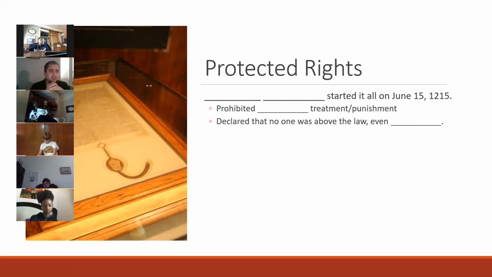The first document to limit the power of the king was this document that you see in front of you, called the Magna Carta. A couple years ago, the Magna Carta, which is in a church in England, was on loan to the Houston Museum of Natural Science. And so I went to that exhibit and took these pictures that we'll see. Okay, so some things that the Magna Carta prevented, and this is all the way back in 1215 AD, so over 800 years ago.